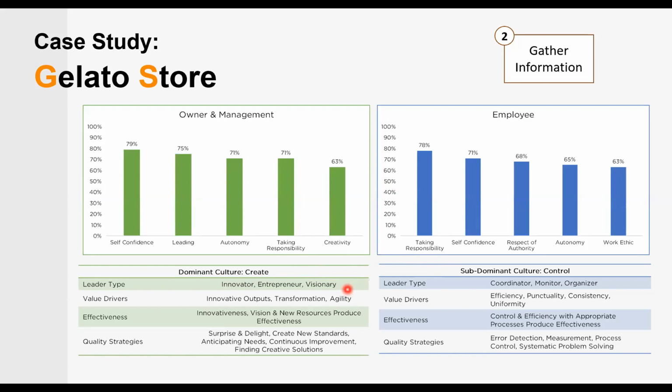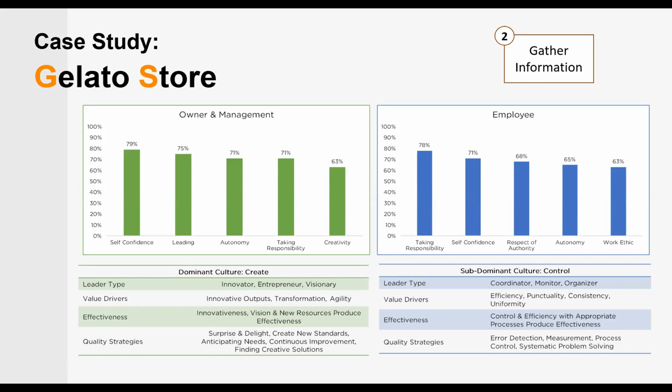So basically the owners and then the staff, the employees, the management are provided an environment where they could be whoever they want, and they could express themselves as much as they want. So they are free to do their own modification of the SOP. And then the subdominant culture, or the less dominant culture, let's say, is control, where they have to follow the SOP. That's what we see from the owners and management and from the employees as well.